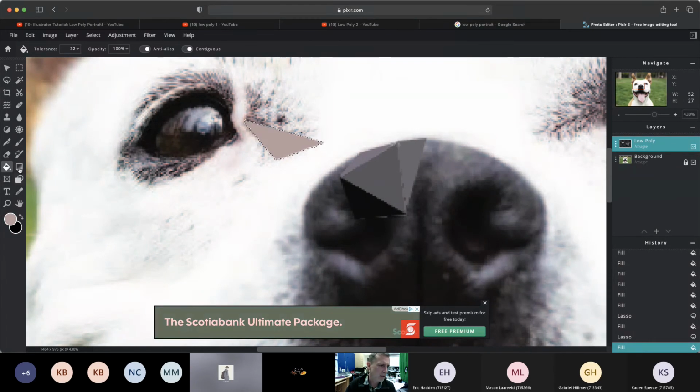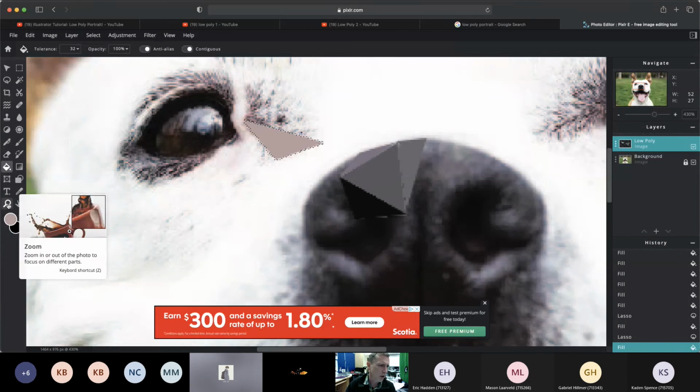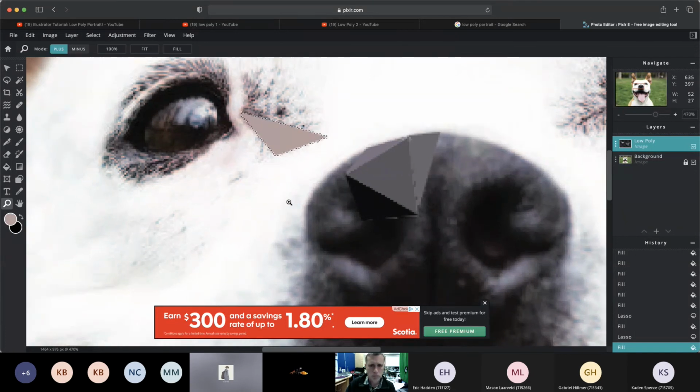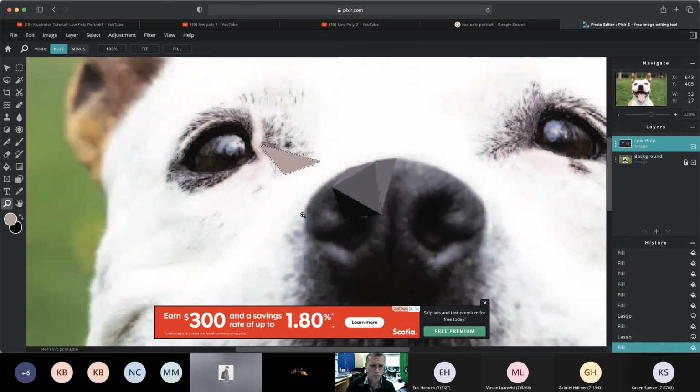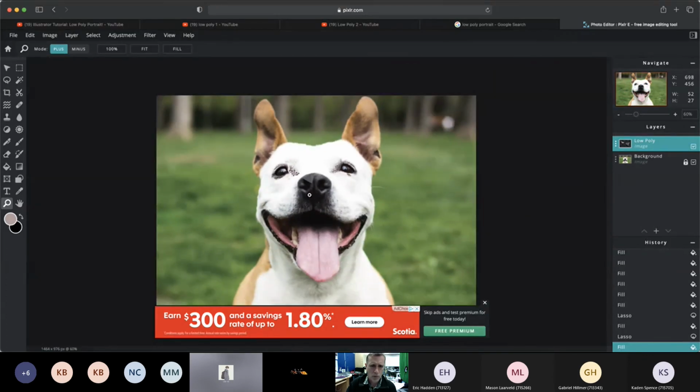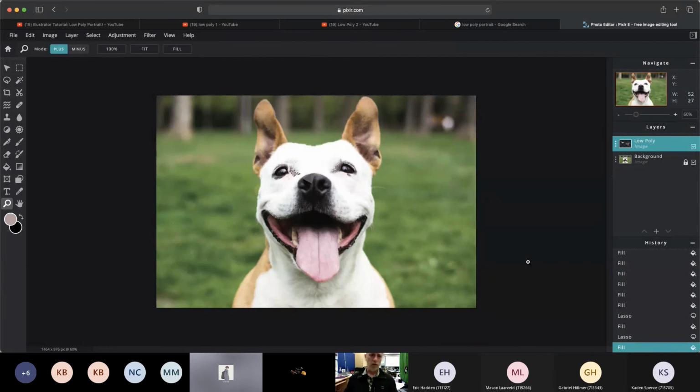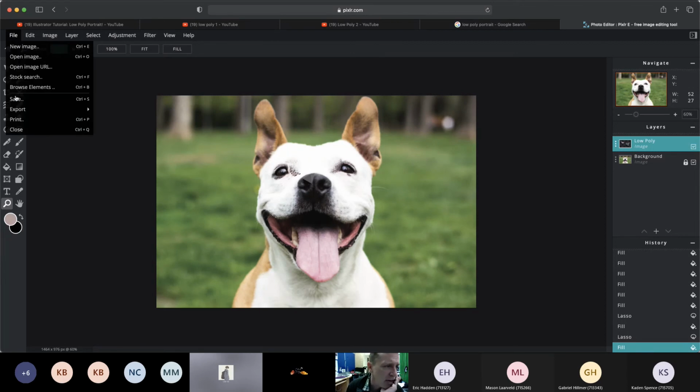And again, a higher res image will go further. As they say, I don't need to go over every little piece, but essentially it will give you a low poly image. Now, the one thing about this with Pixlr is when you go File, Save,